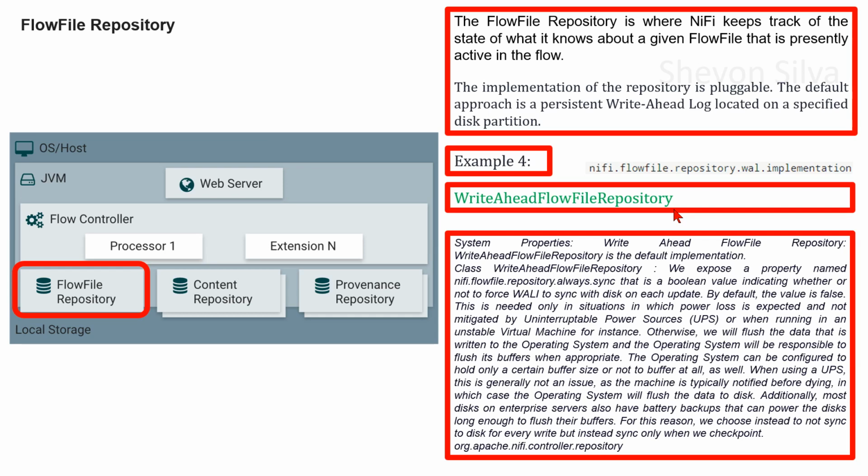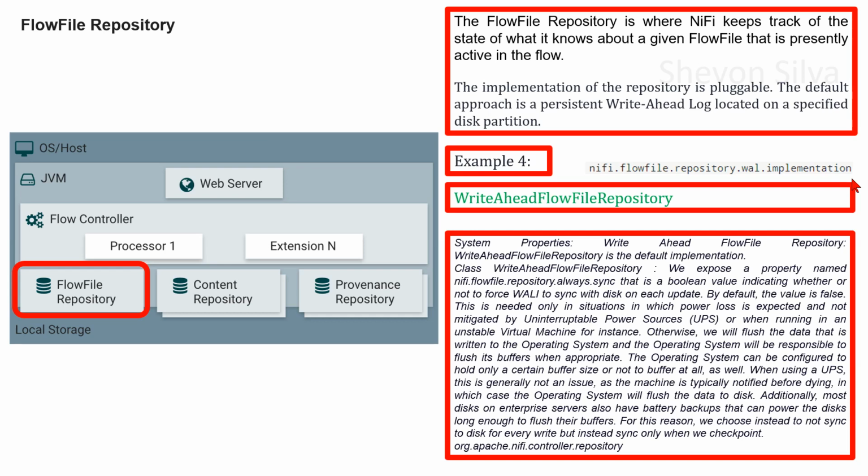Here you can see the property nifi.flowfile.repository.wal.implementation. If the repository implementation is configured to use the write-ahead flow file repository, this property can be used to specify which implementation of the write-ahead log should be used. The default value is org.apache.nifi.wali.SequentialAccessWriteAheadLog. This version of the write-ahead log was added in version 1.6.0 of Apache NiFi